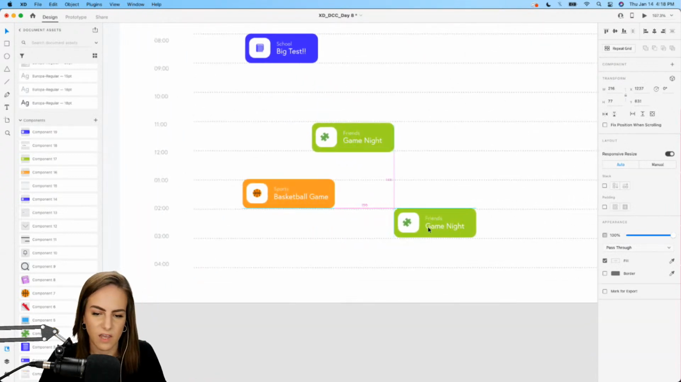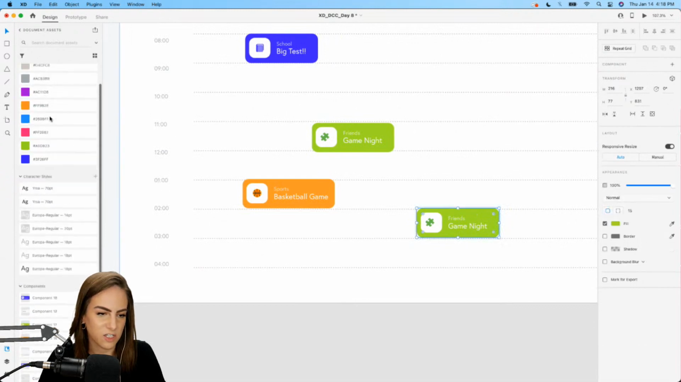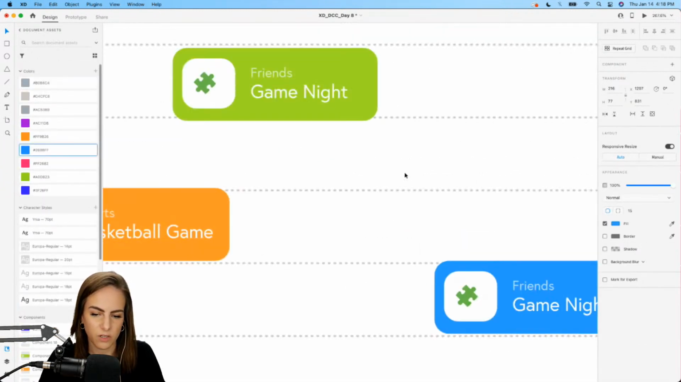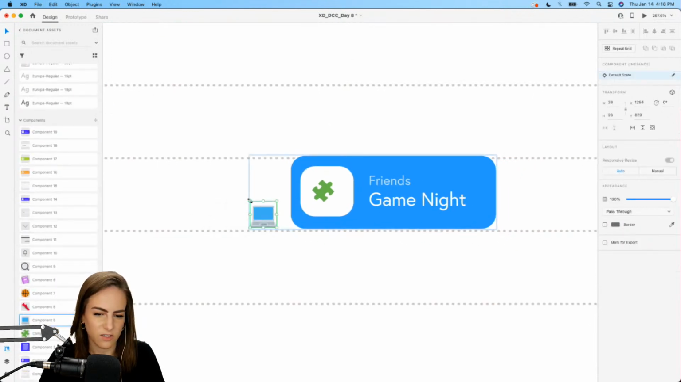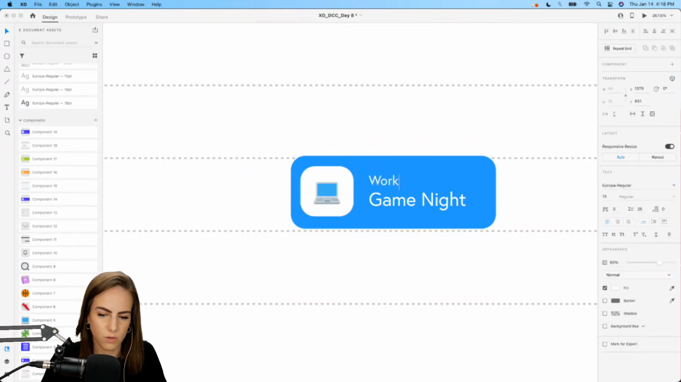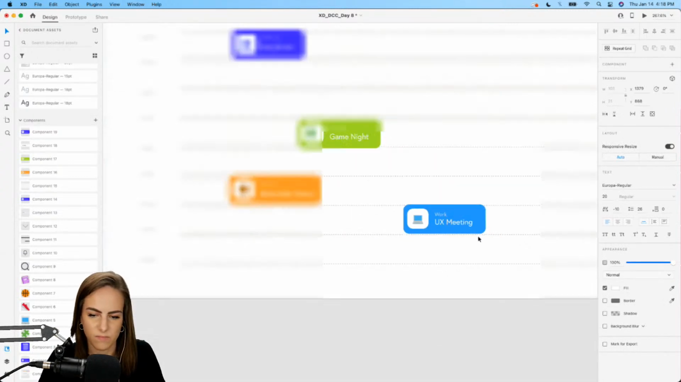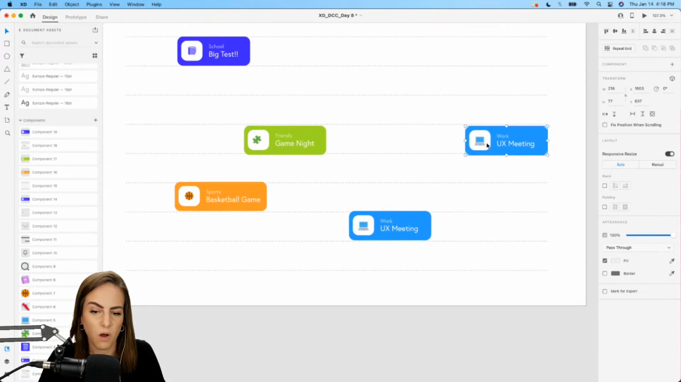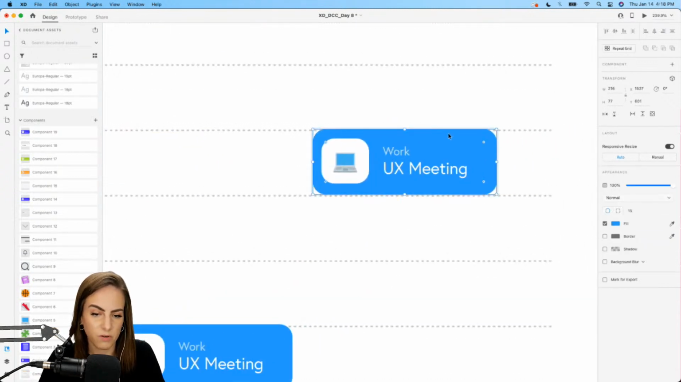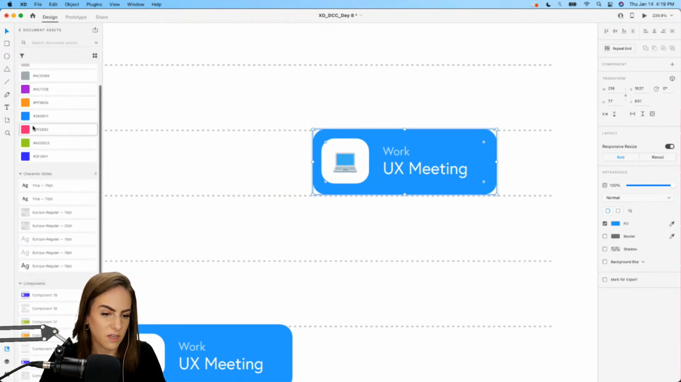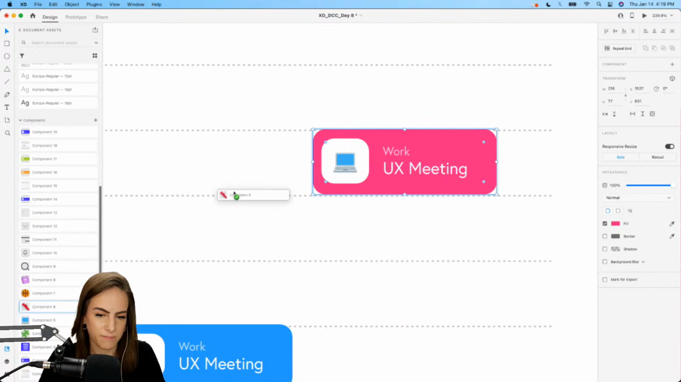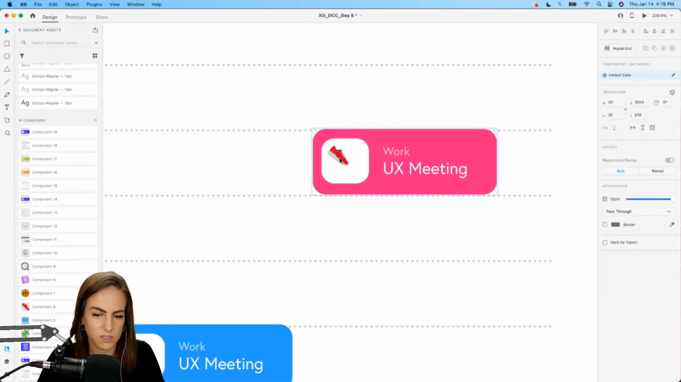And then maybe just two more. So let's change this to light blue. And we can bring in this little laptop. So this one can be working. Work. And this can be UX meeting. And maybe one more. And so all of these can have different components or different hover states. So if you want these to do different things whenever you hover over them, you can do that. And this one can be a different calendar, maybe